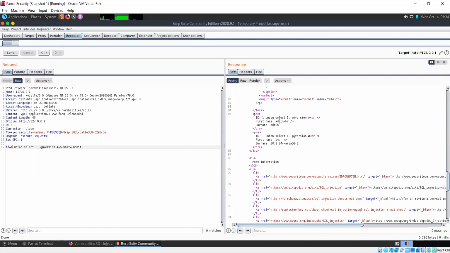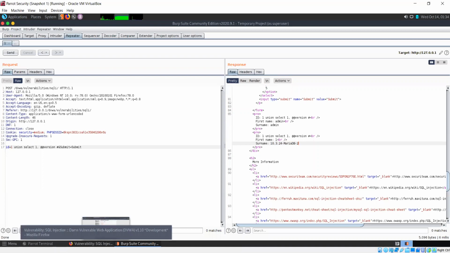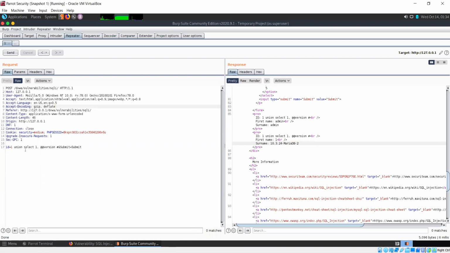So again, we are able to run it and we are getting the database version here. Similarly, you'll be able to run the other queries that we have seen as well. You'll just need to use Burp Suite for this rather than directly doing it through the browser itself. And for trial and error, you can make use of the repeater tool. So you just make whatever changes you want here, keep sending the requests and seeing the results for that. So that is what you need to keep in mind.